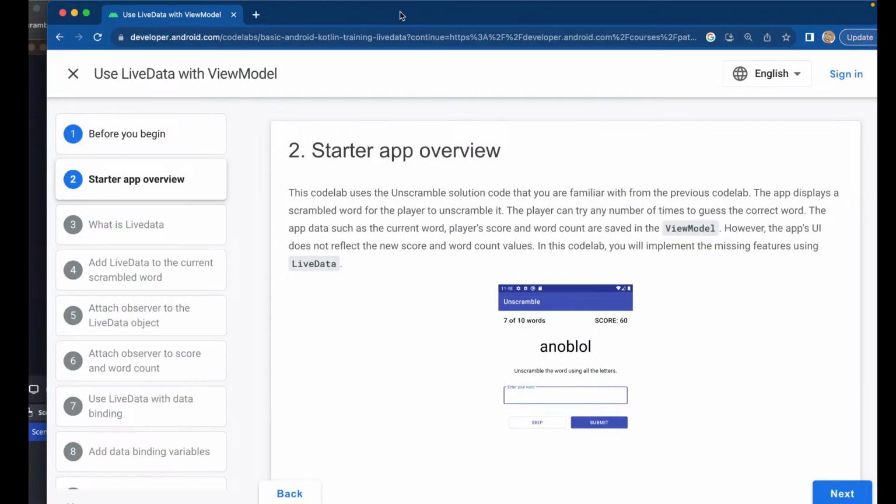Live data to the Unscramble app. And we've been going over the Unscramble app for the last 3 streams, which was over ViewModel. And so now we're adding live data to the ViewModel in this lab, which is another important concept in Android